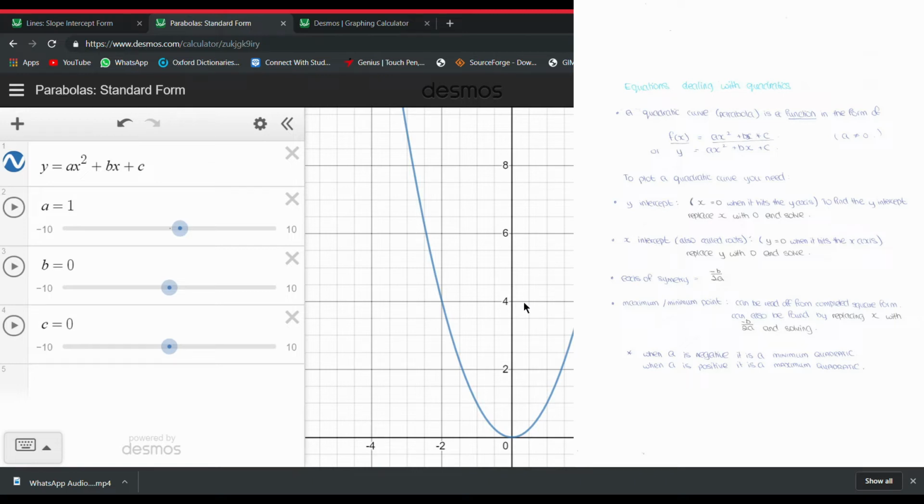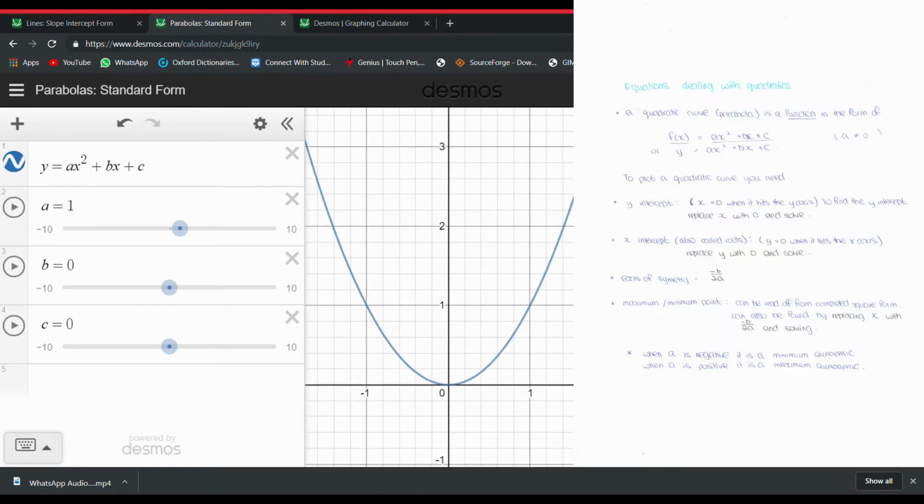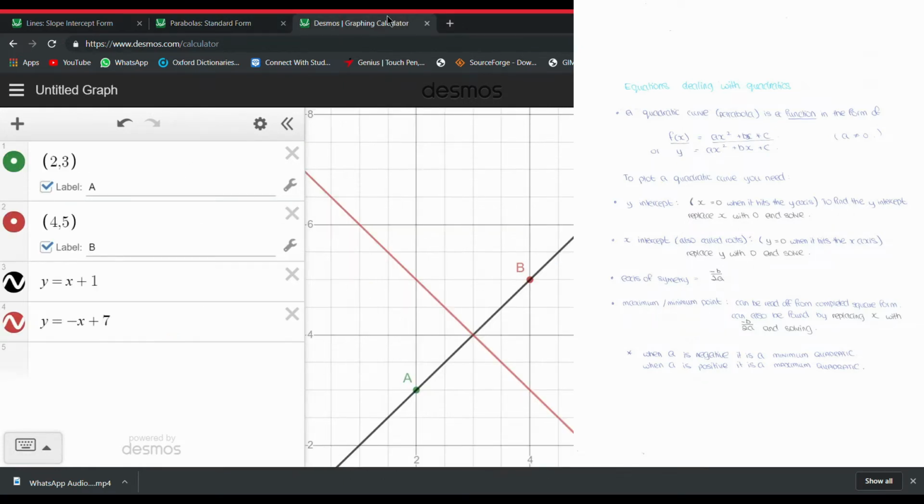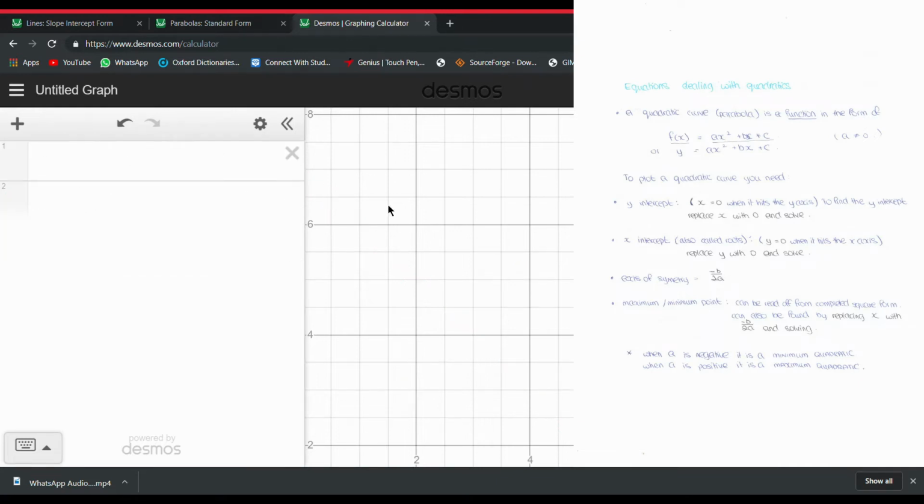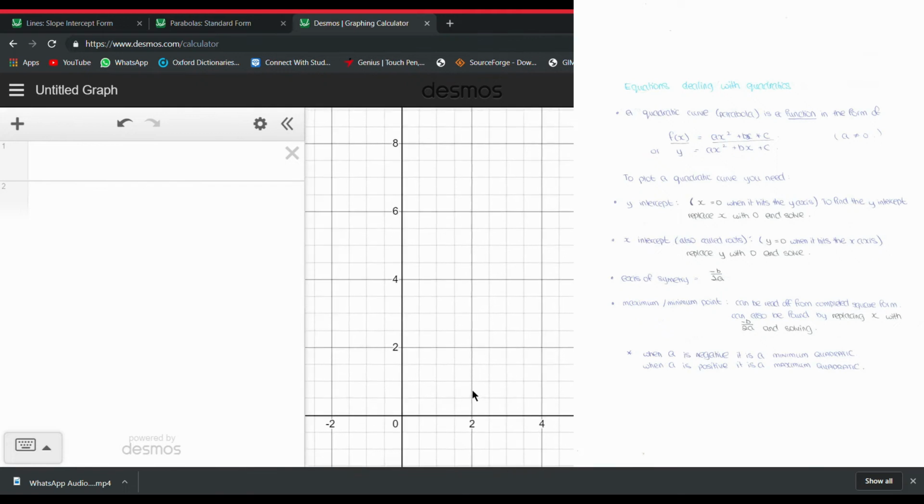So yeah, let's pretend we had none of this stuff. We had none of these beautiful graphing calculators. And we just were told we have to plot a graph of y is equal to 2x squared